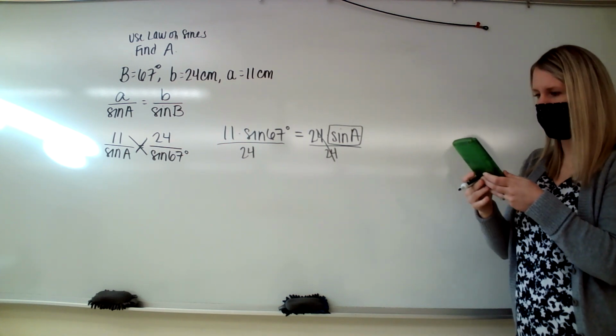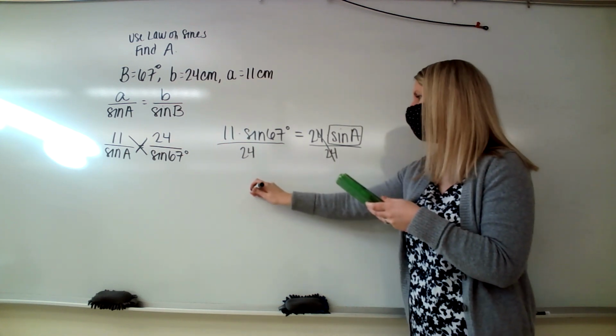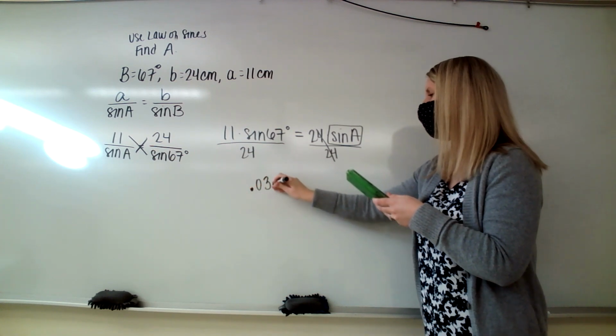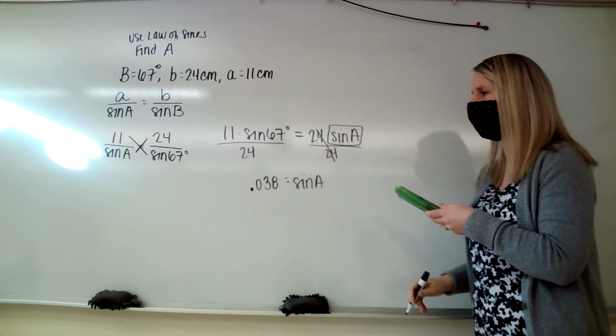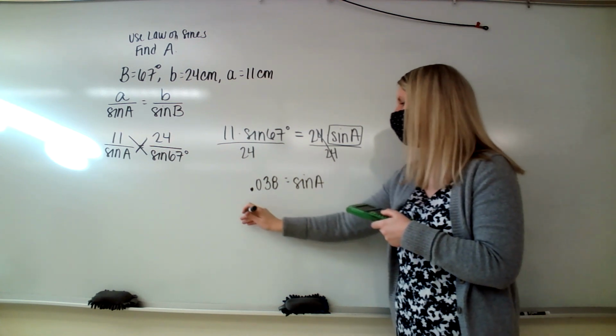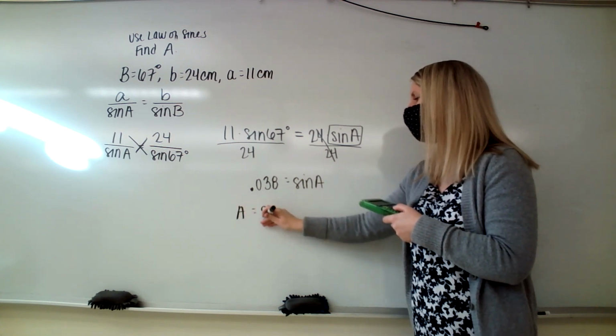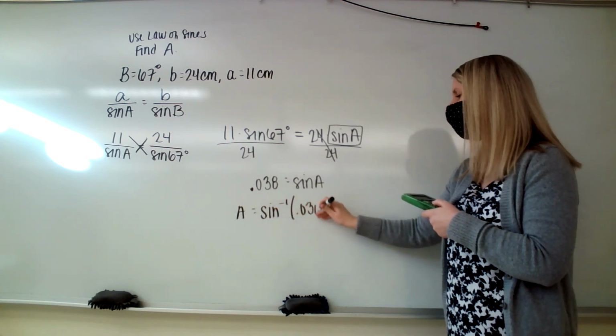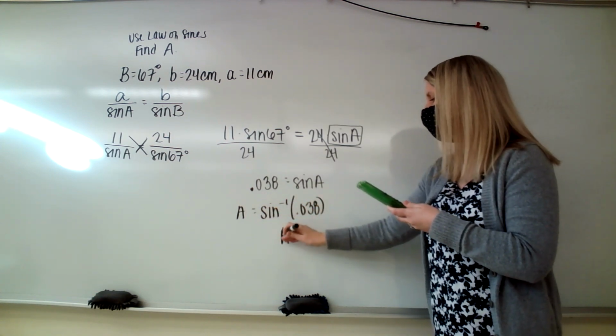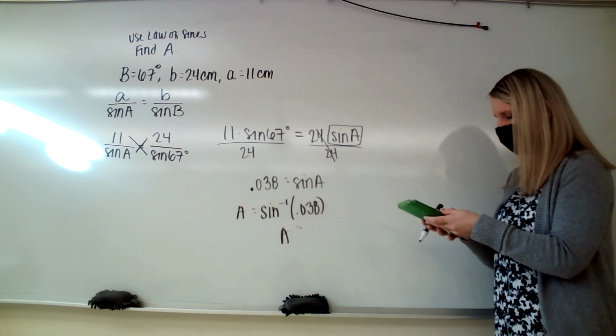What do we get? Comes out to like 0.038. Remember, that's not my answer. My answer, I want an angle. We would never have an angle that small. That would be kind of crazy. But to get what A is, I'm going to do the inverse sine of that decimal. And in the end, it comes out to,